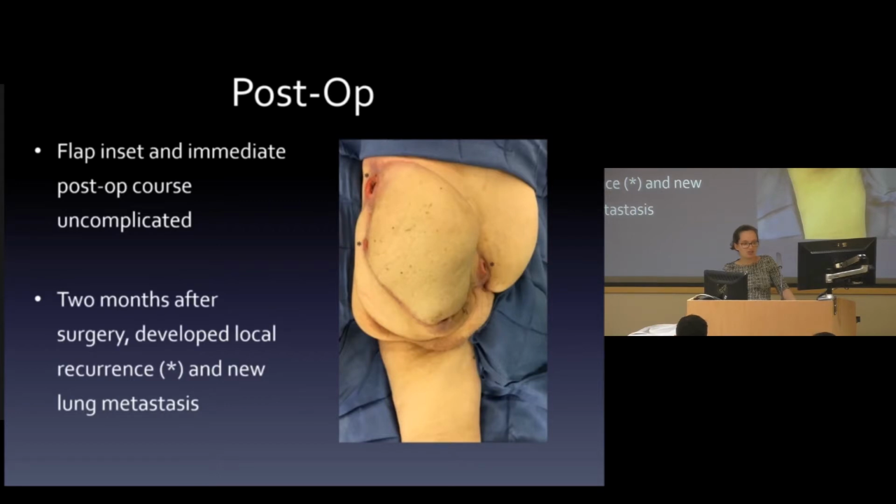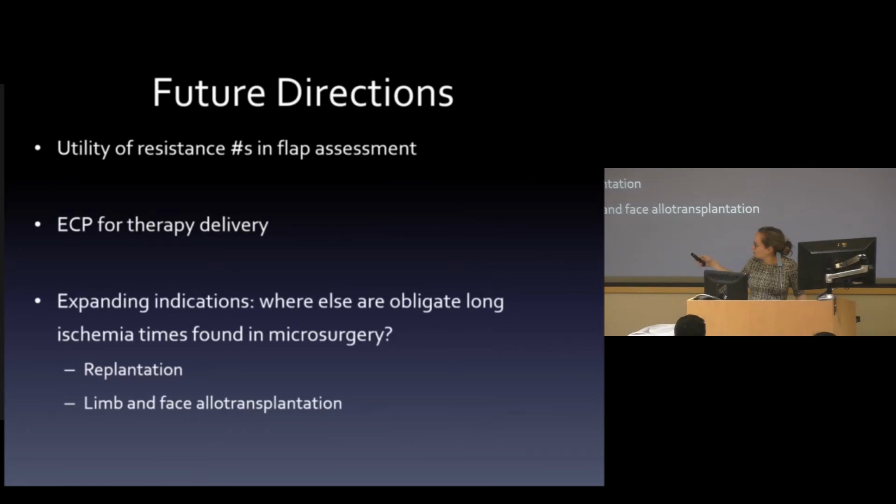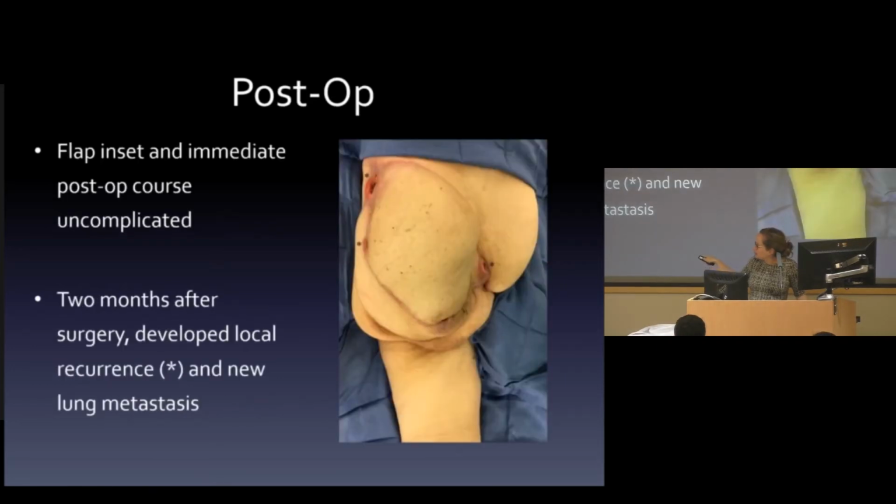The patient was discharged to inpatient rehab on post-op day 17. Unfortunately, 2 months after surgery, she developed some locally recurrent disease. These were at the time of the biopsy. You can see some little asterisks there that ended up all being recurrent cancer. She also developed some lung metastases, and no further surgery was done, such that she expired about 5 months from her original surgery. The flap is here in the middle.